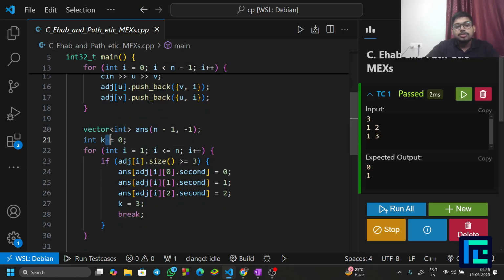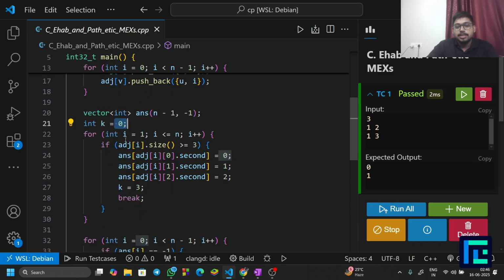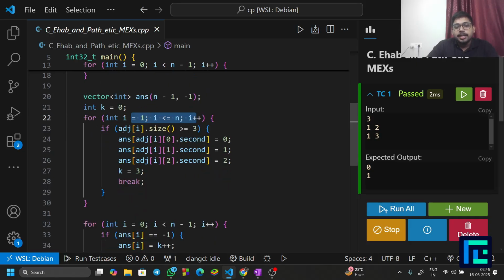So k is equal to 0, it means the next assignment I have to do is answer of 0, or you can say the next label that is unassigned is 0, because I have to assign all values from 0 to n minus 2. So I'll start with 0. First I'll check all the nodes numbered from 1 to n. If there is any node having adjacency[i].size, that means the degree of that node, the number of edges it is adjacent to,